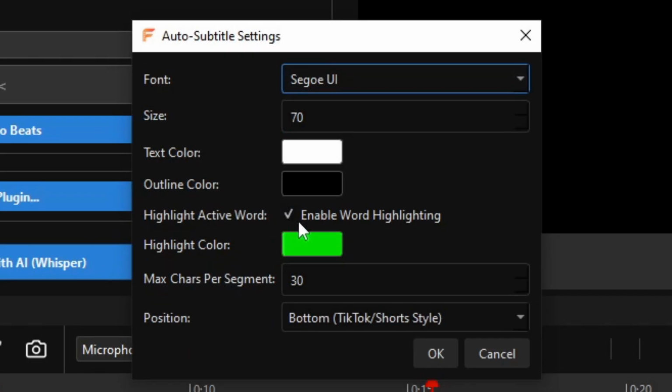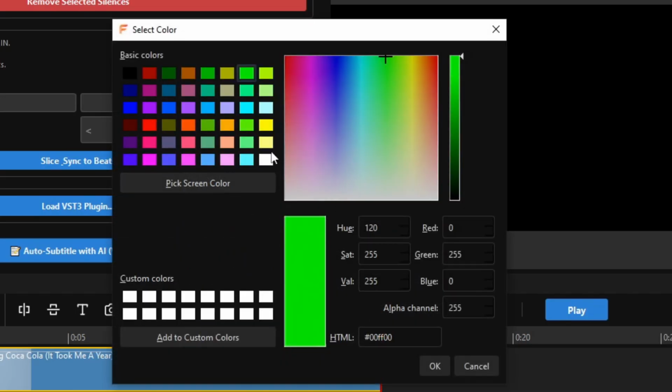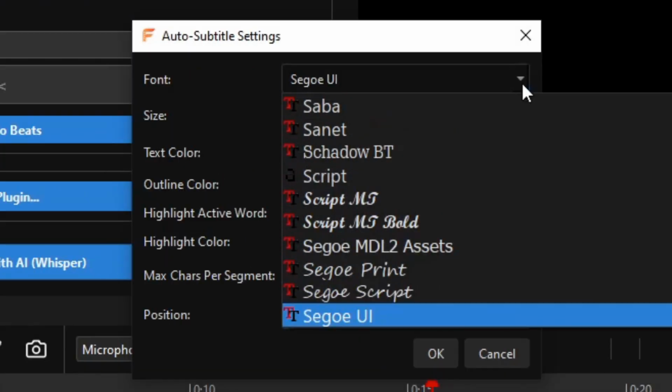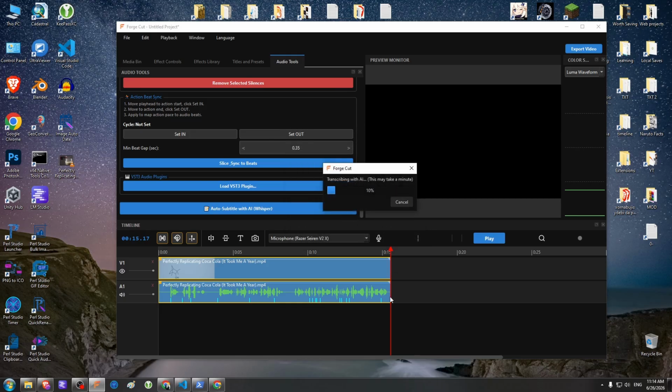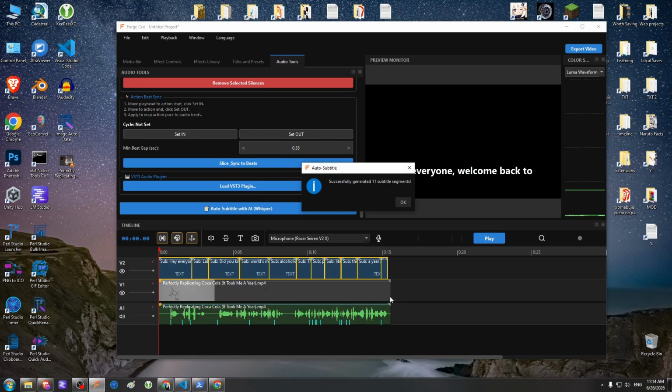You can enable word highlighting and change the color you want the word to be that is spoken. You can also change the font and press OK. You can press OK